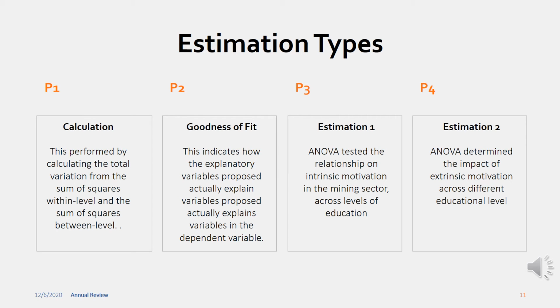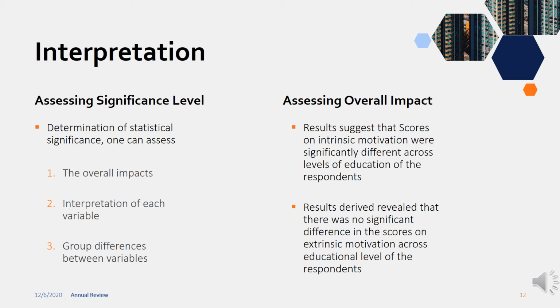However, the overall analysis in terms of significance was conducted based on SPSS. From this analysis, we can ascertain the overall impact and interpretation of each variable and identify group differences between variables. However, with the overarching effect of correlation, evaluation as it pertains to the different variables can be limited in terms